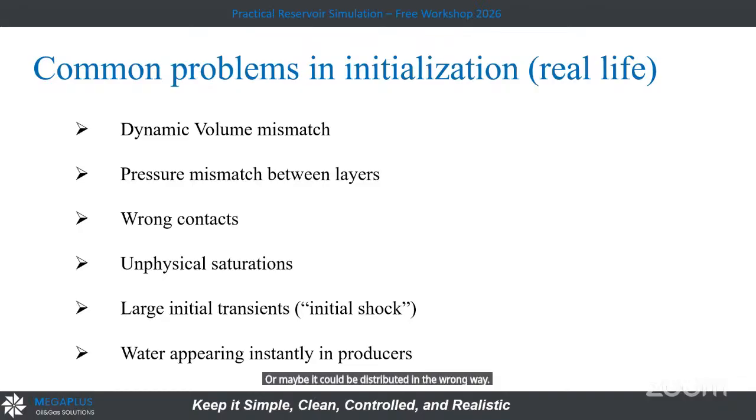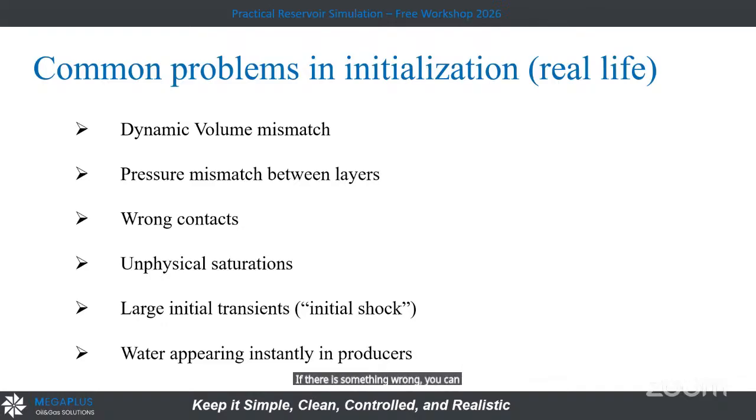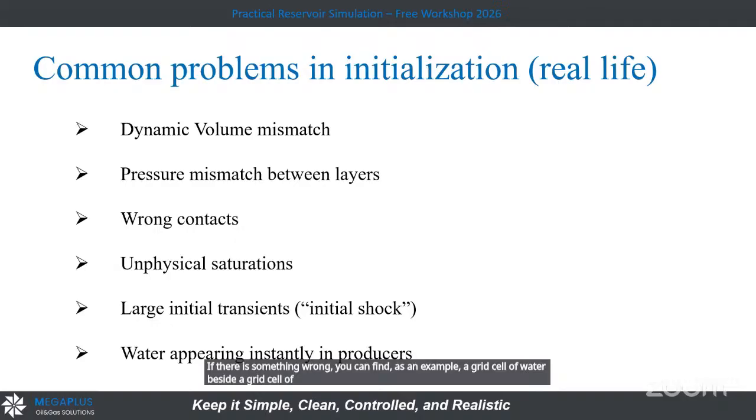Another issue, pressure mismatch between layers, that after the static model, you put this initial and you put your input to make the initialization. If there is something wrong, you can find, as an example, a grid cell of water beside a grid cell of oil,